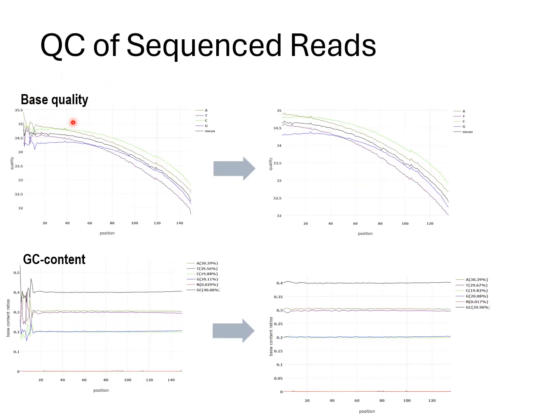Looking at our base quality and GC content distributions across read positions, we observed significant fluctuations in both metrics within the first 14 bases. Additionally, we noticed a sharp quality drop in the last base. Based on these observations, we implemented trimming of these problematic regions, removing the first 14 bases and the last base